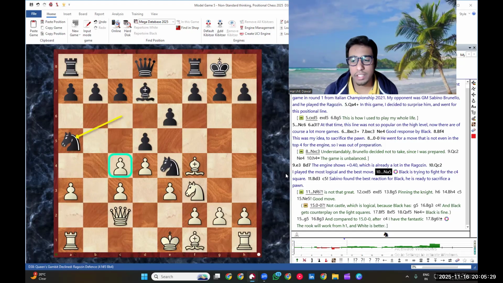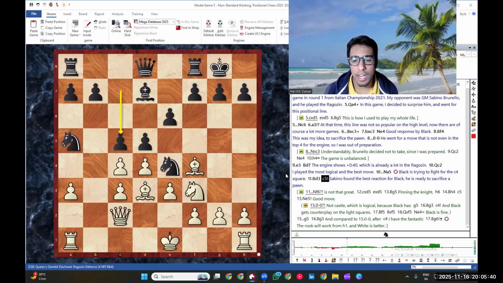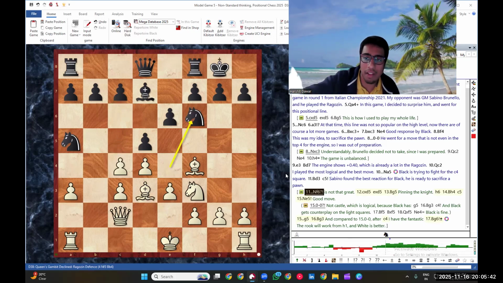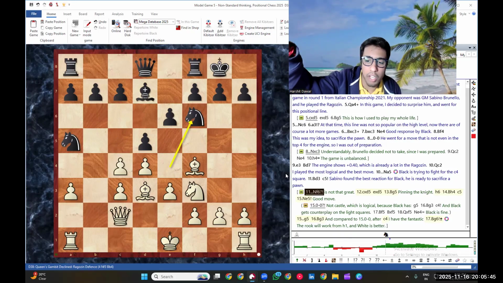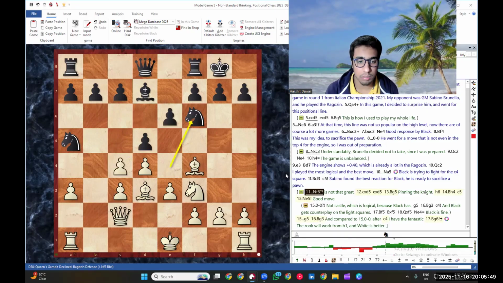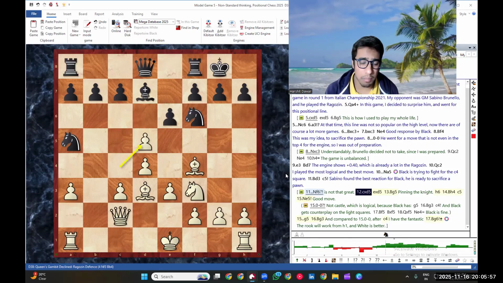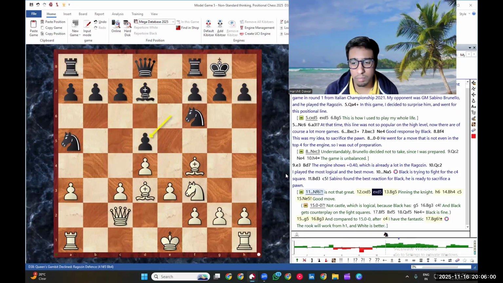Knight a5. Black is trying to fight for the c4 square, and here bishop d3. Boom. Simple idea, guys. You lose the knight, takes, whatever. Bishop d3, and his opponent played a very nice move here, c5. Knight f6. Sorry, let's see the other moves. Knight f6 is not that great because cd, ed, bishop g5 is a bad touch, but that's a good thing. Obviously, knight d5, you can just go pawn to c4, and just bishop c3, bishop g3, and then e4 is coming, and your bishop on d7 is also doing badly, and that is just not principled.